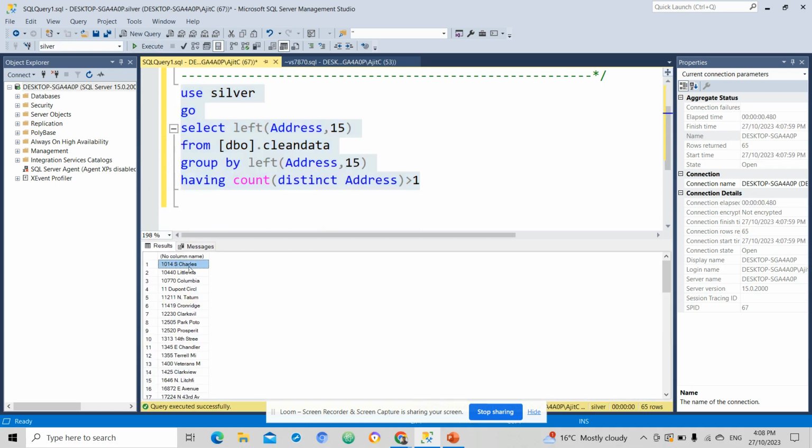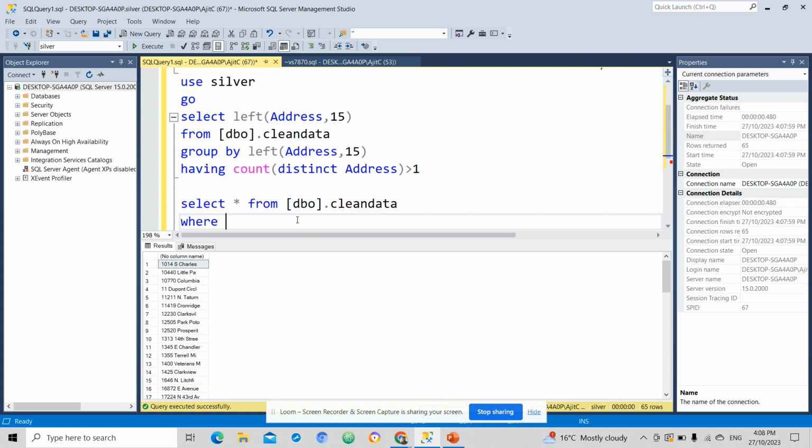So this is on the basis of the left 15 characters. We have multiple addresses. For the same left 15 characters of address, we are looking for multiple cases of the address. So let's say if we look at this example, where my left 15 characters equal this one, what it gives me is